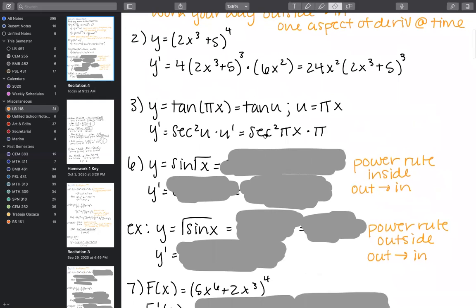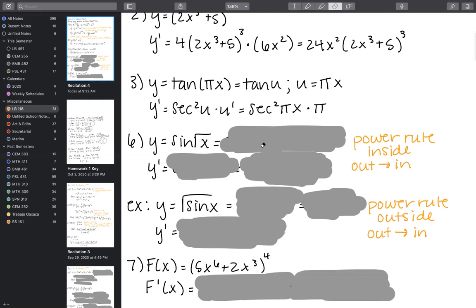So I just want to reiterate this whole outside to in thing. There will be an example in the next example, so I'll wait to touch on that. This example is pretty good for explaining that. Okay, so these two examples that we're going to do, this is number 6 from the book. I decided to throw this one in here because I felt it was good to contrast and compare.